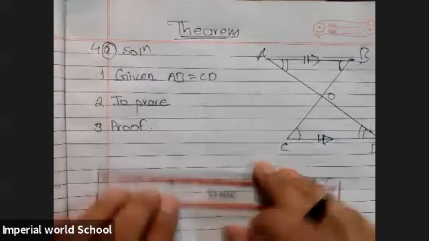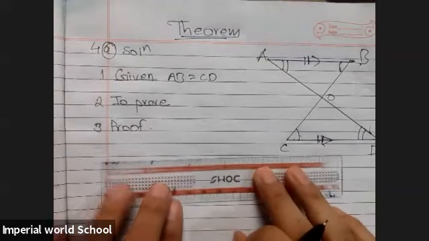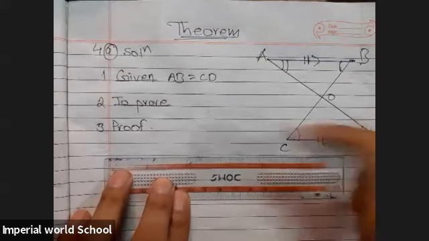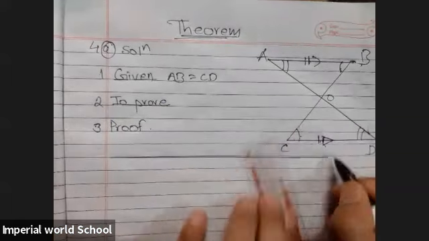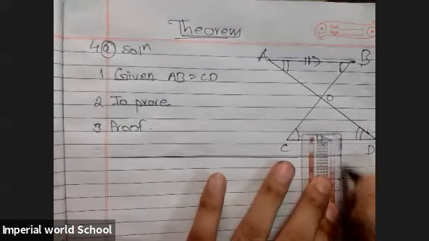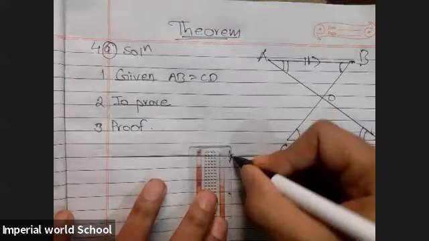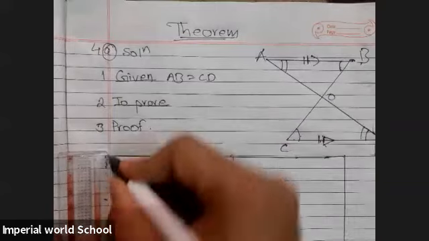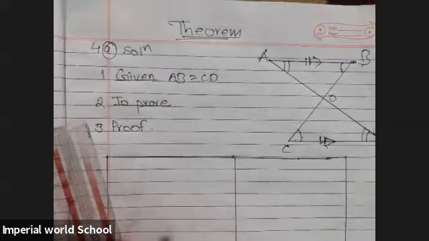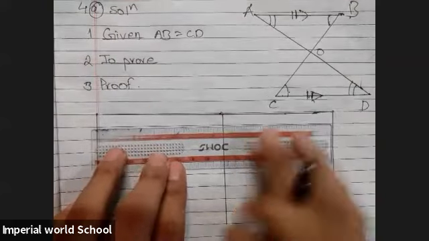You have to make a table first. This kind of question carries 4 marks, so that's why we have to do some formal presentation also. So first you make this kind of table. First watch, and then decide what you are going to copy. And don't worry, I'm recording this video so that you can watch it later on.